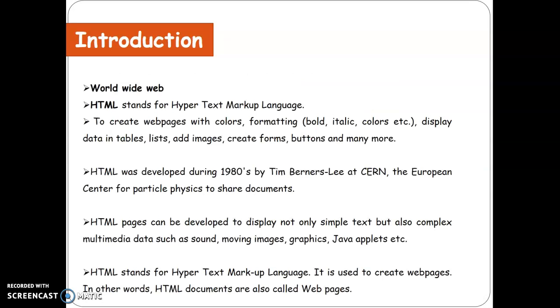First of all, we need to know about the World Wide Web. What is the World Wide Web? It is an information system where documents and web resources are identified by using a URL, Uniform Resource Locator, which may be interlinked by hypertext and are accessible over the internet.